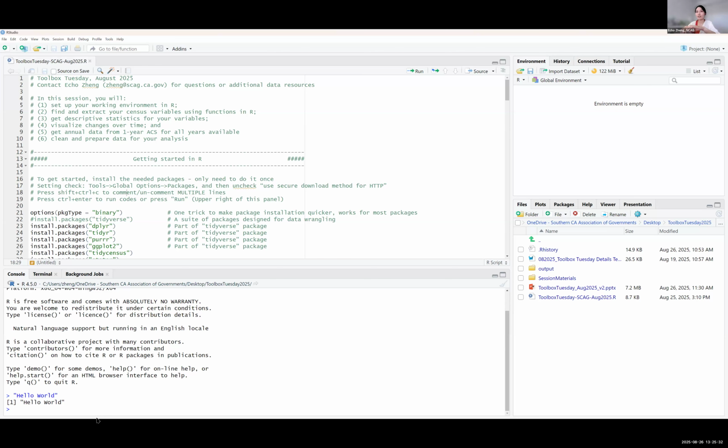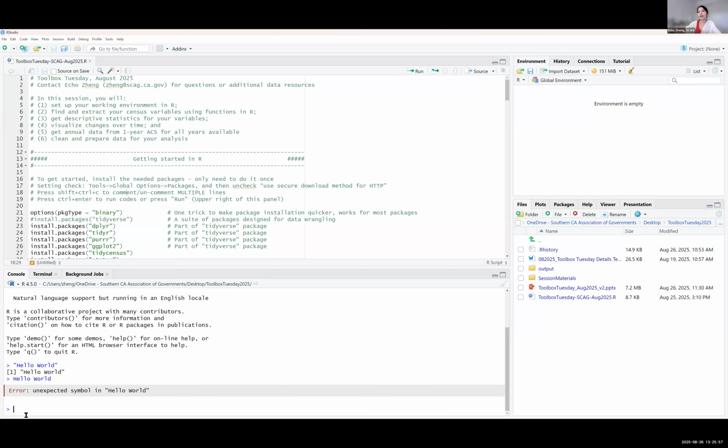Note, make sure you type this in quotation marks. That just tells R you are inputting a string of characters, hello world. If not, it will treat it as a command, and there's no command called hello world. So it will give you an error, but an error is okay. No big deal.